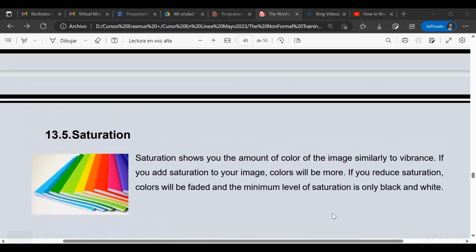And saturation. So that shows you the amount of color of the image, similarly to vibrance. So if you add saturation to your image, colors will be enhanced. But if you reduce the saturation, colors will be faded and the minimum level of saturation will be only black and white.